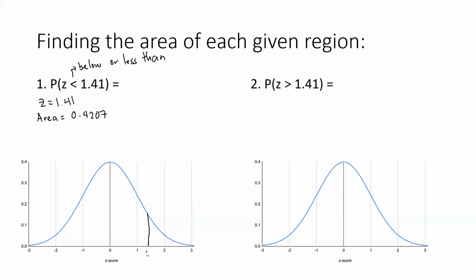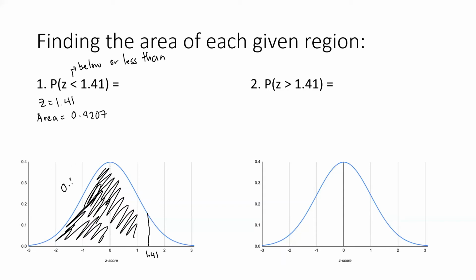It's 1.41. Okay, since the inequality is less than, we're going to shade the left side of the region. So based on the properties of the normal curve or normal probability distribution, the area is 1, right? Since the mean splits it into two equal halves, we can say that the first half is 0.5000. Okay, for this region, we can tell that it is